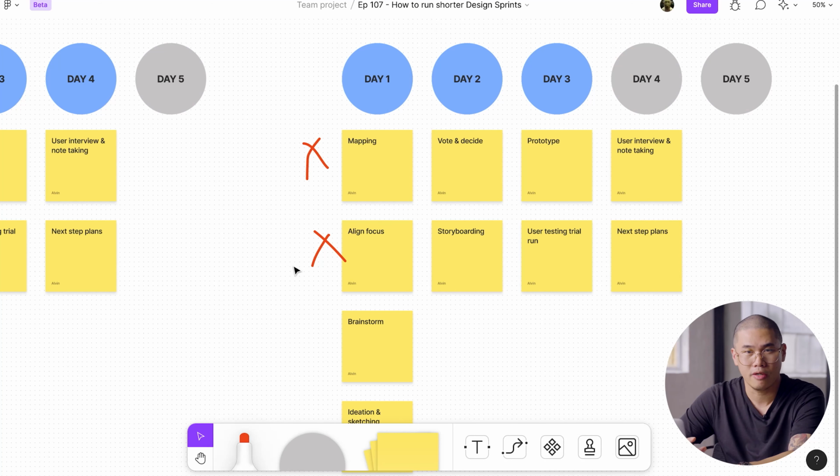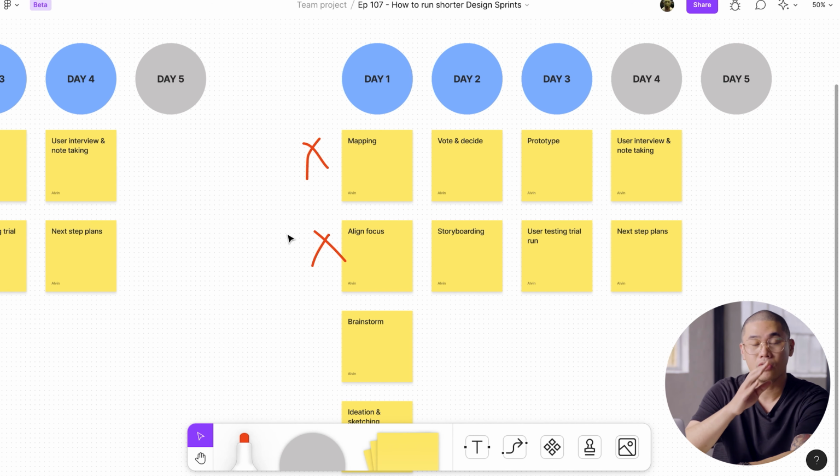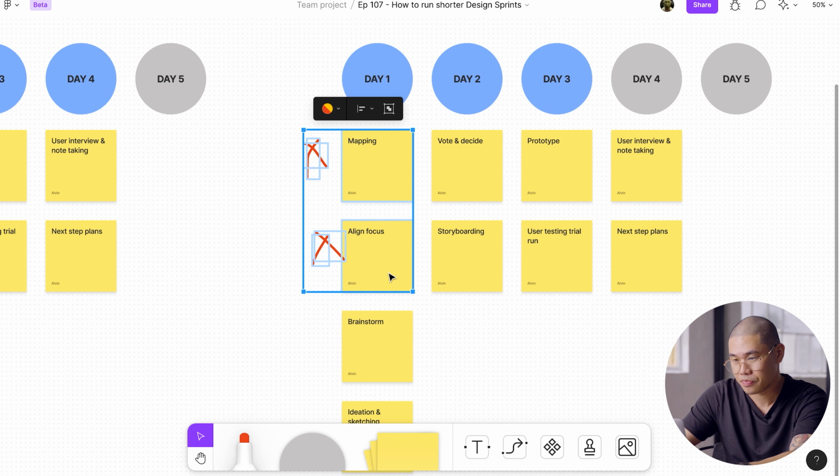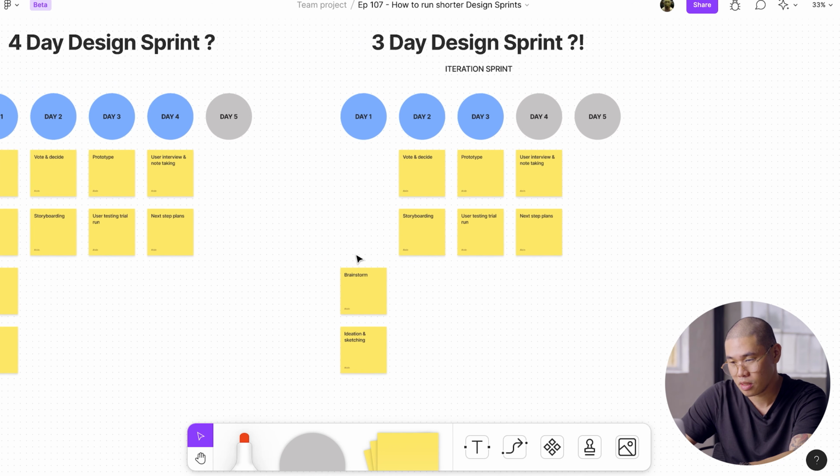And so what happens there is we find ourselves not doing the mapping session anymore, and not even doing the aligning focus sessions. So basically, again, getting rid of goals and questions, how might we, expert interviews, user journey map and all of that stuff. We don't need to do that anymore. That stays consistent with what we previously did the week before that. So basically, we're removing this component,